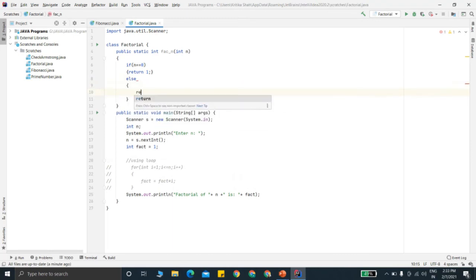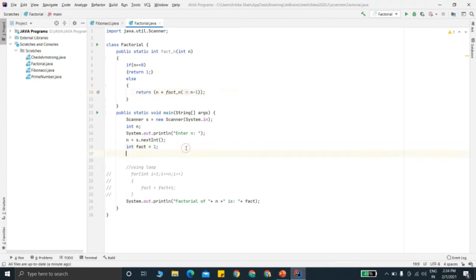Else we will return n into the same function again, fact n with n minus 1 as its argument. Here in the main, I'll just call the function. So fact will be equal to fact of n with argument n.